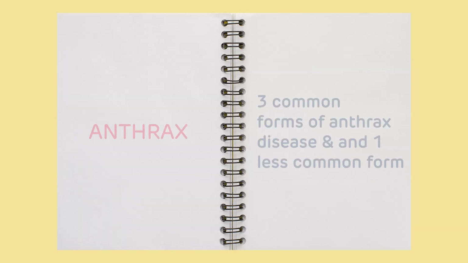Anthrax is caused by a bacteria known as Bacillus anthracis. The spores live in the soil and spread to animals that eat grass. Animals like sheep, cattle, goats, camels, antelopes, and deer. People are most often exposed to anthrax when they come into contact with those infected animals or with animal products that are contaminated with this bacteria. Importantly, anthrax is not spread from person to person.